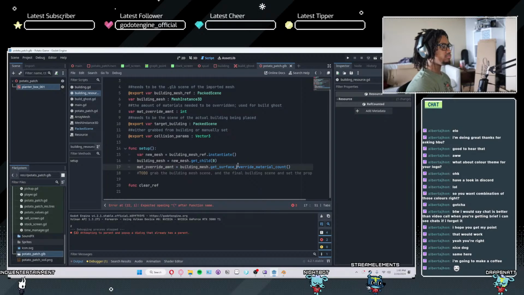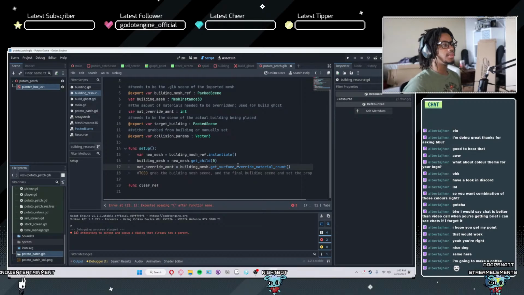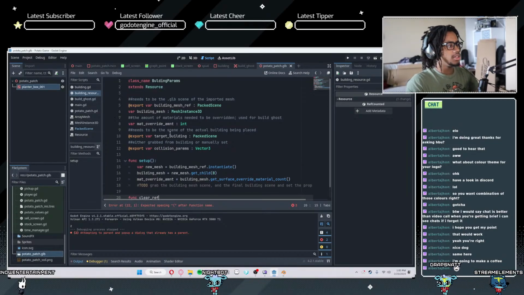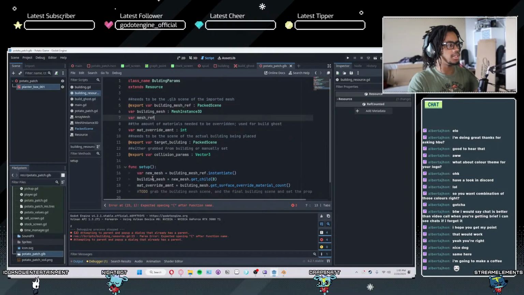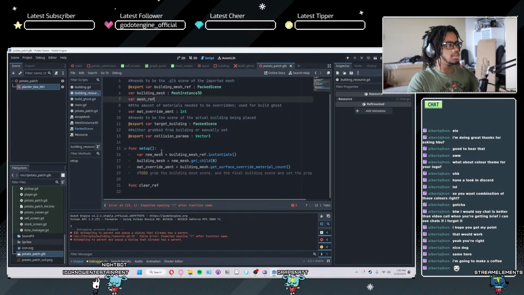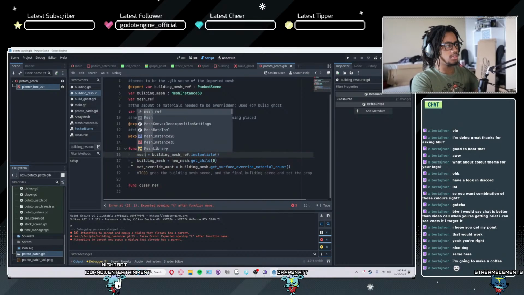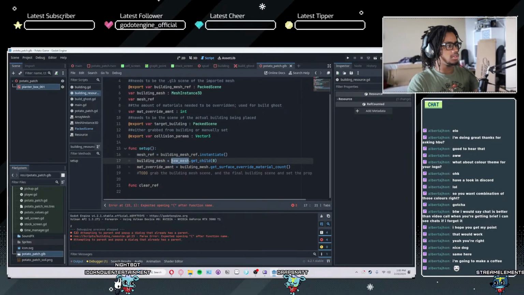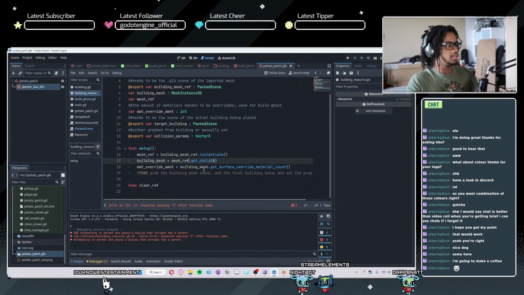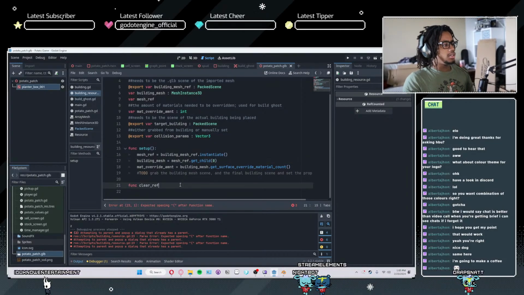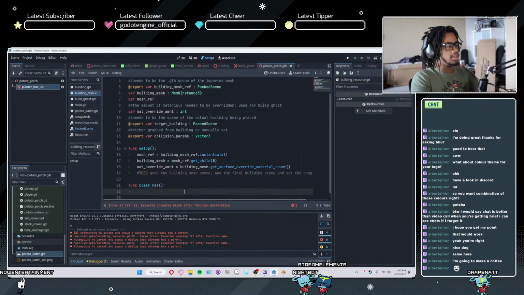this is kind of dumb. Okay, we're just gonna say func clear ref. Mesh ref doesn't equal anything. Wait, this new mesh, does that exist anymore? It doesn't. Okay. Clear ref, and that's gonna take, it's just gonna say, let's see, mesh ref